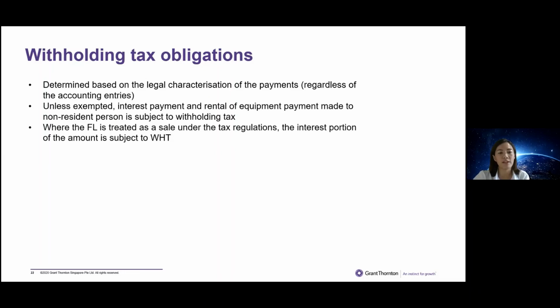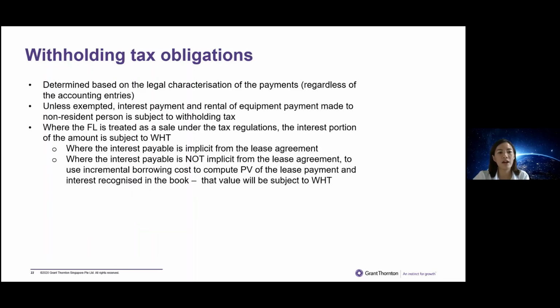So you withhold taxes based on that interest that is charged to the P&L. So here in the IRAS circular, they went on to describe the various types of interest expense that withholding tax should apply. So I think in summary, it is saying that generally, if